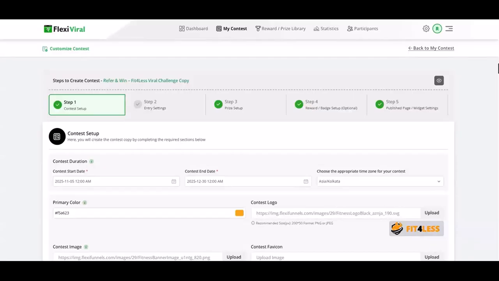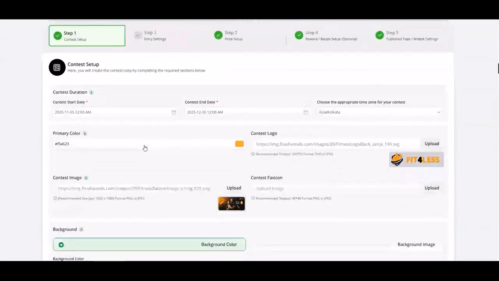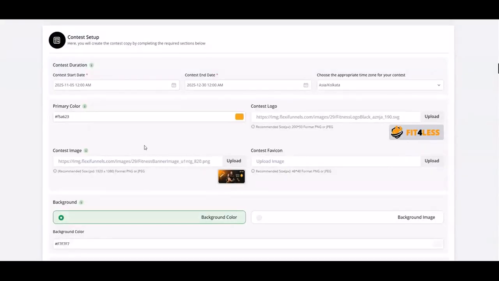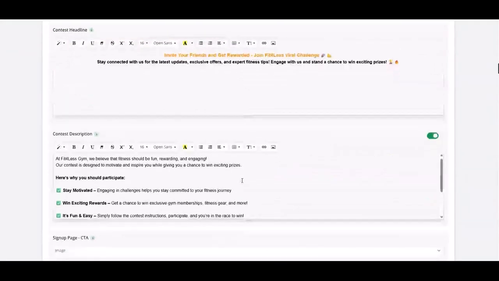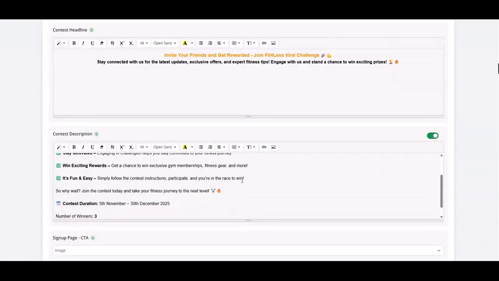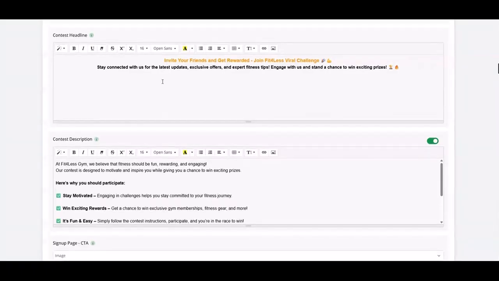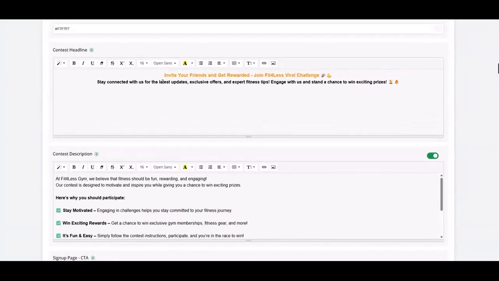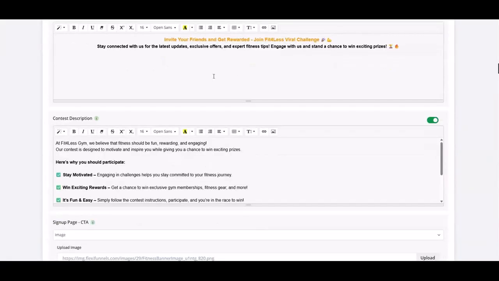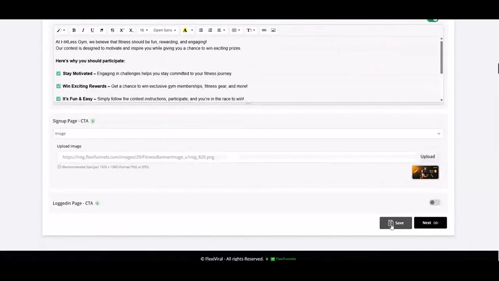FlexiViral's step-by-step wizard makes the process quick and easy even for beginners. In step 1, let's customize the campaign page: set your gym logo, the colors, the sign up CTA, and a catchy headline and description. Like, invite your friends and get rewarded, join the Fit for Less viral challenge. Now click on the save button to go to the next step,